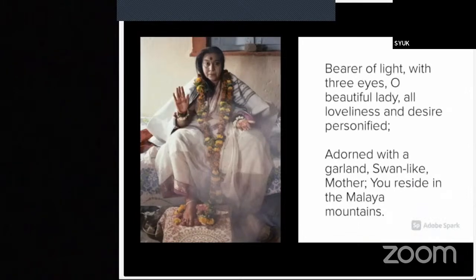Bearer of light with 3 eyes, O beautiful lady, all loveliness and desire personified, adorned with a garland, swan-like, mother, you reside in the Malaya mountains.